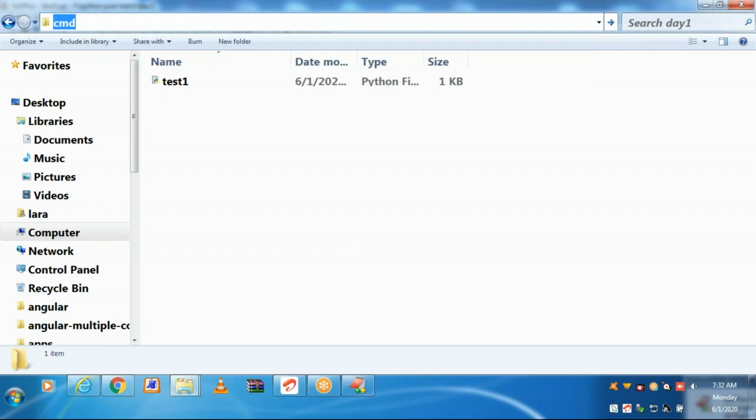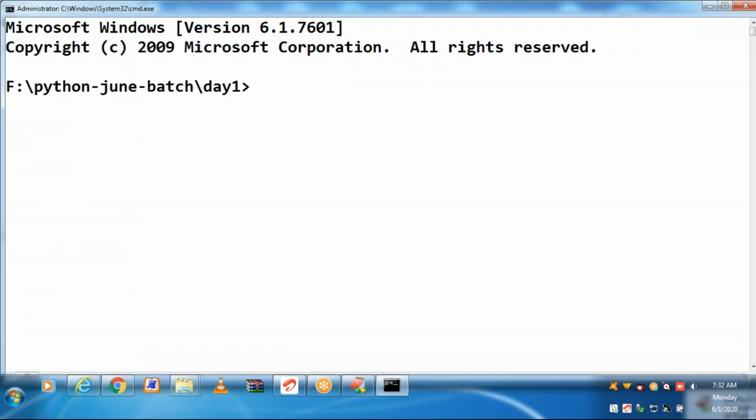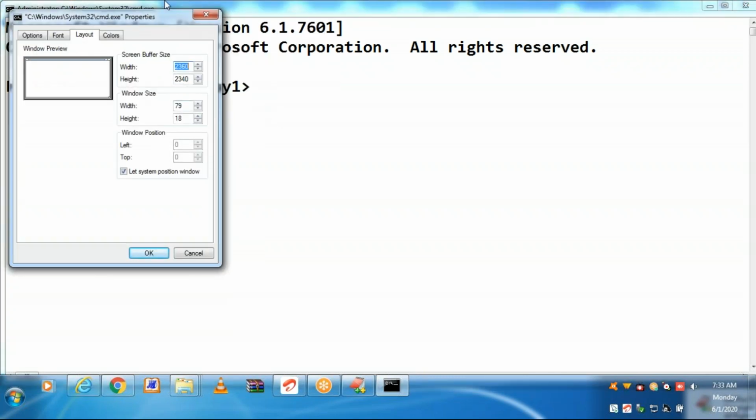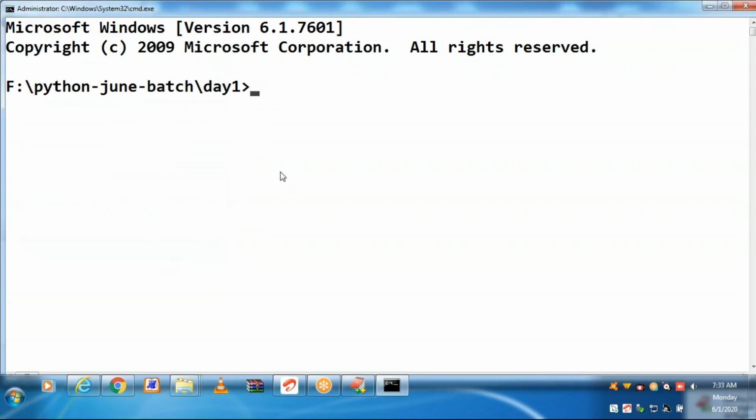One command prompt will open in the day one folder. I just changed the background color of the command prompt. Generally the command prompt background color will be black. I provided white here. You can change the properties of the command prompt by right clicking on top of the command prompt, on the blue border. Right click and properties. Whatever properties you want, you can modify.